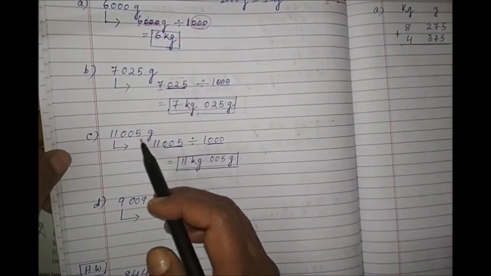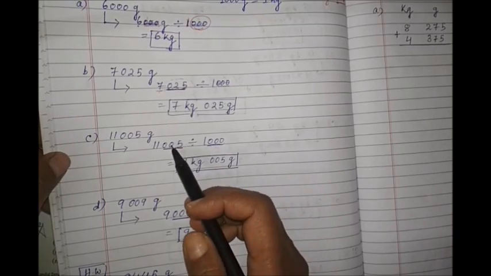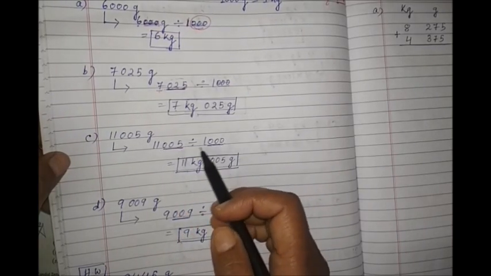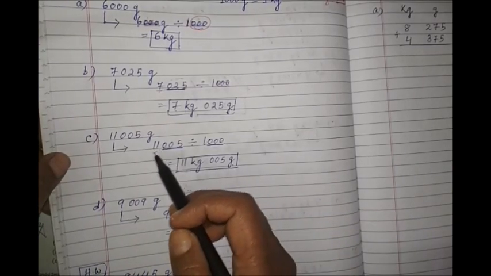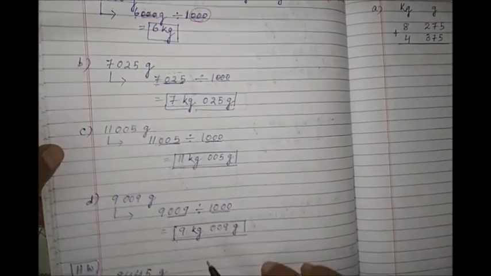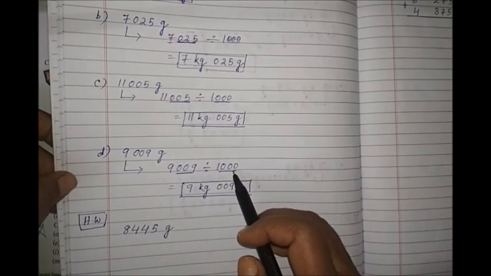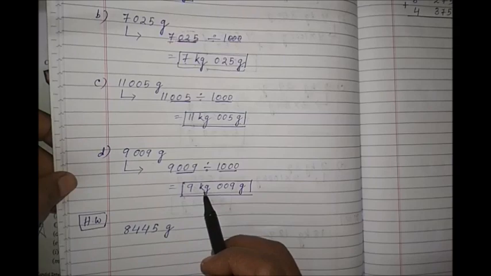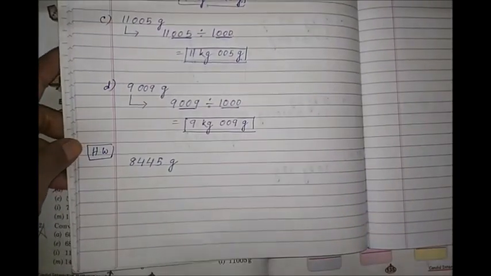So 11,005 gram, it is divided by 1000. So in the 1s, tens and 100 places, these 3 places you consider as gram. And what is left? 11, so 11 kilogram. 9009 gram, 9009 divided by 1000, it is 9 kilogram and 009 gram. And next is your homework,